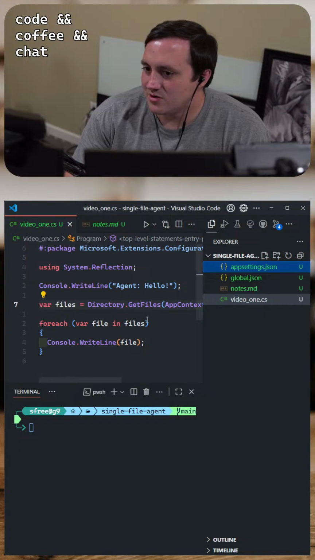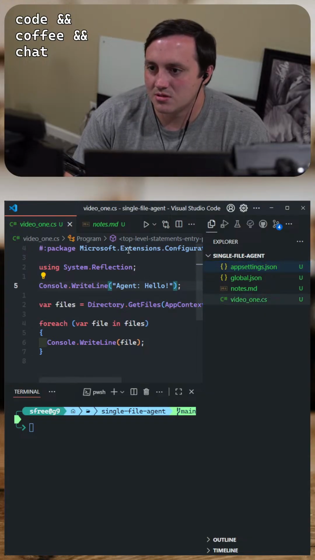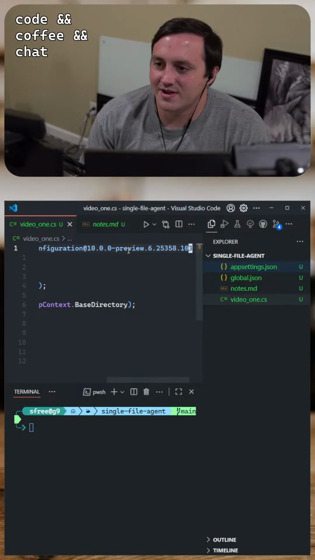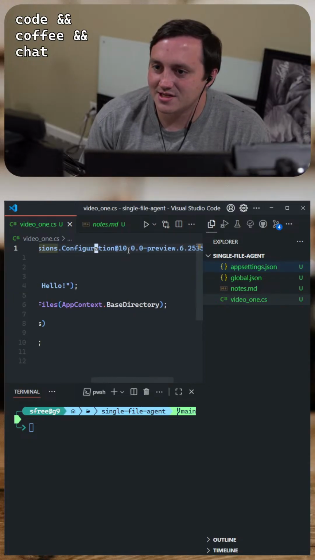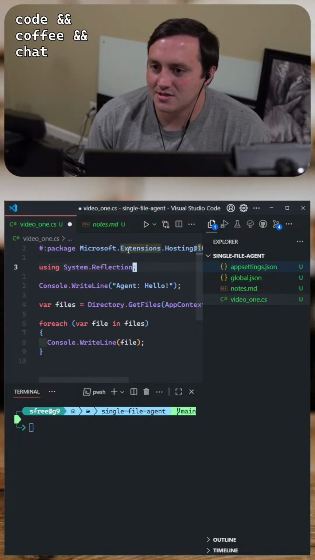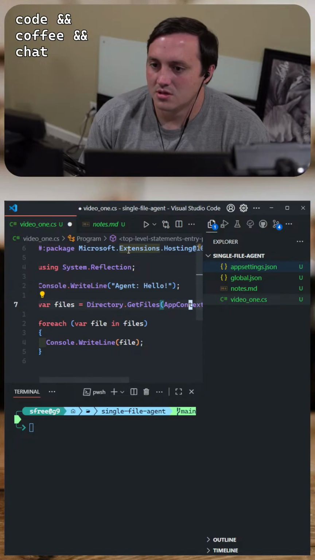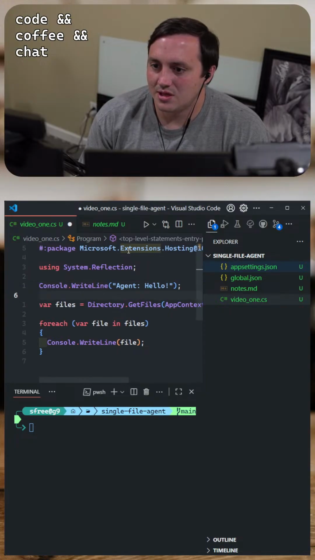I wonder if I use a host. So instead of doing this, what if I did this? What if I do Microsoft.Extensions.Hosting, I think is a package. What if I do that?